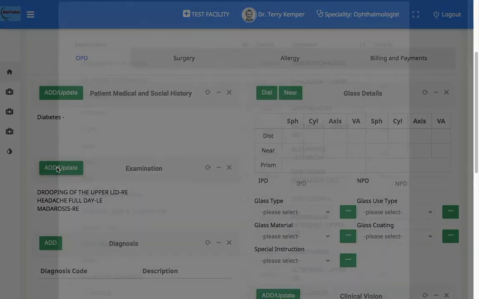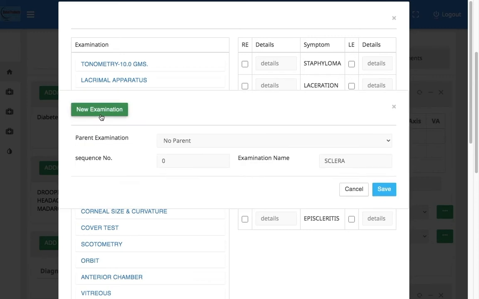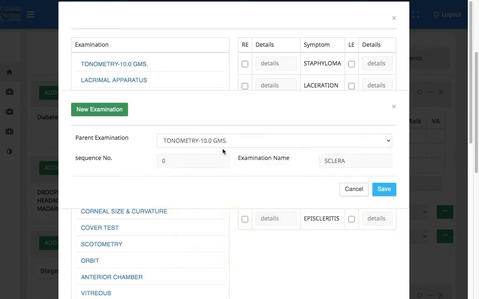Now examinations, or any sub examinations, can be added by simply double clicking on the main examination. Or a new examination can be added by clicking on new examination. The sequence of the examinations in the examinations column can be changed by specifying the sequence number, or by selecting a parent examination and then entering a new examination.